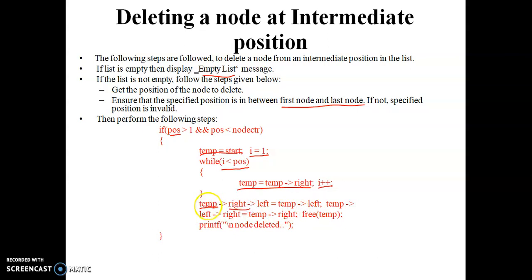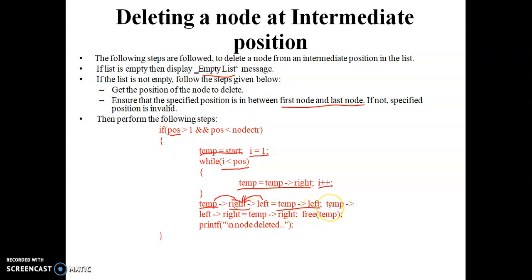Current node right is the current node next node. So current node next node is the temp of right, and of left. That is nothing but you are going to the next node, and from the next node you are looking for the previous node, that is of our temp node. Temp of left right is the next node, and of left is the previous node. We'll move to the previous node address, and we'll assign that to the temp of left. That is, its previous node address is assigned to that.